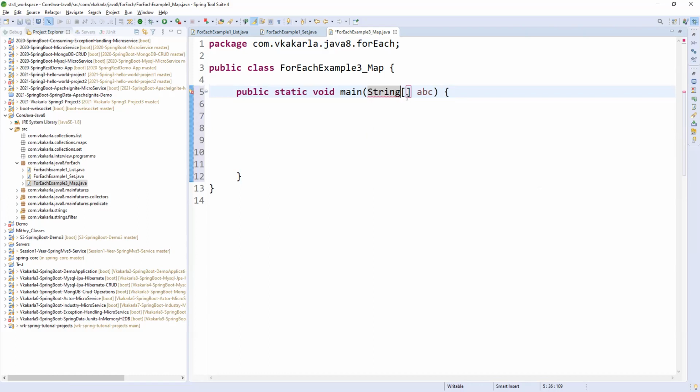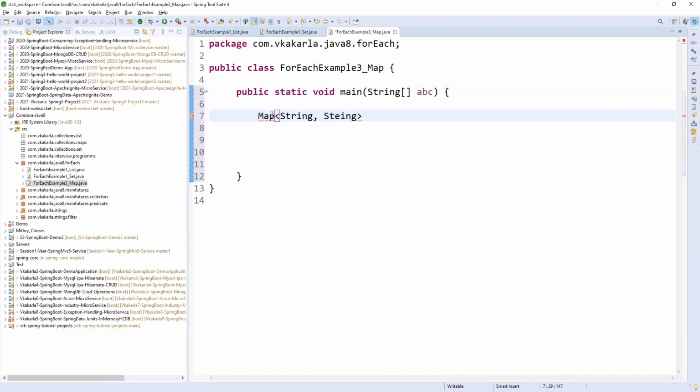So let me write map. You know, right? Map is two-dimensional. It will take two-dimensional data, not single dimension like list and set. List and set are single dimension data. It is a double dimension data, double dimension in the sense of key and value. So String comma String.